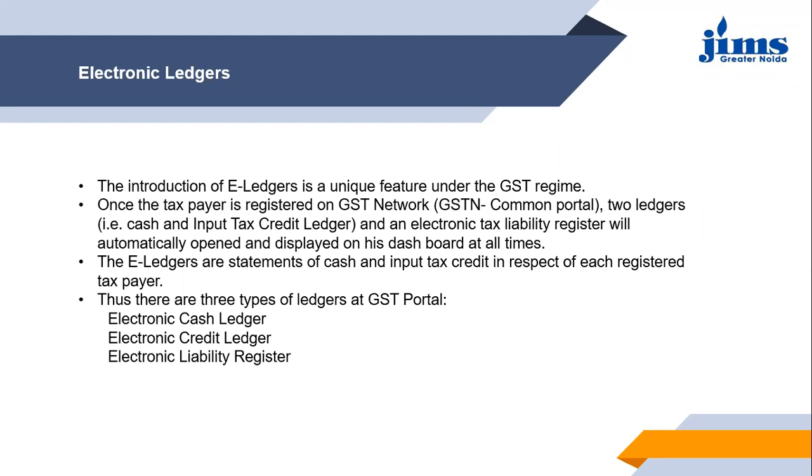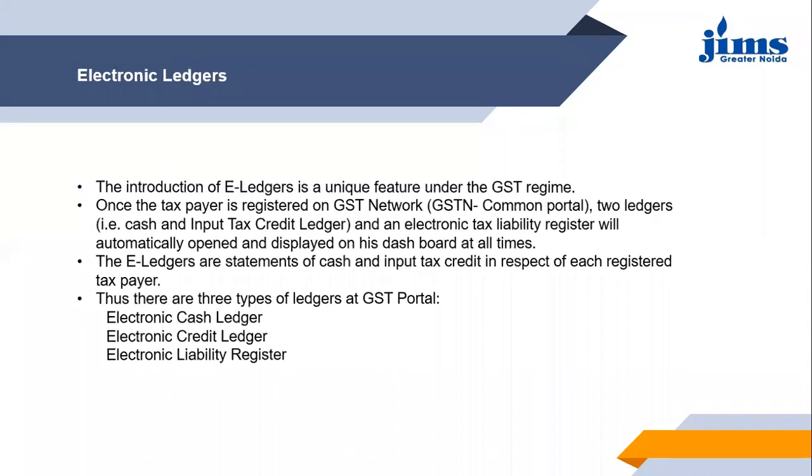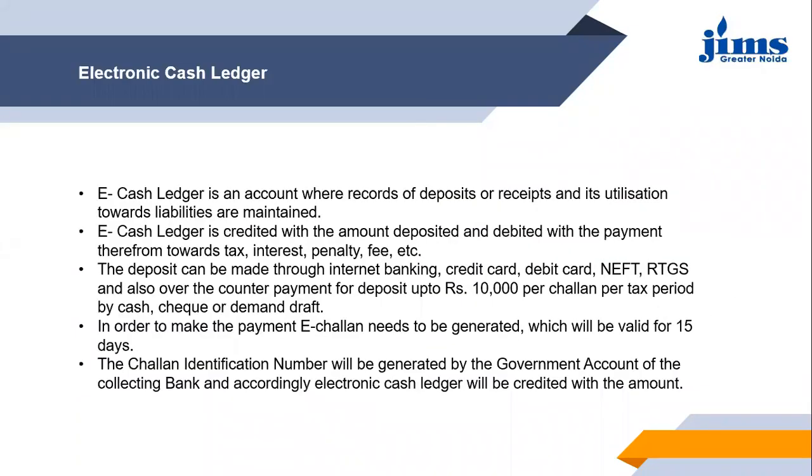So let us take up these ledgers one by one and discuss in detail what each is. Firstly, it is the electronic cash ledger. We call it the e-cash ledger also, because it is electronically based. It is on the portal. And in the format that you have for the cash account or cash ledger or cash book, on one side you record all the deposits that you have, what all you have received, and on the other side you record all the expenses that you have incurred.